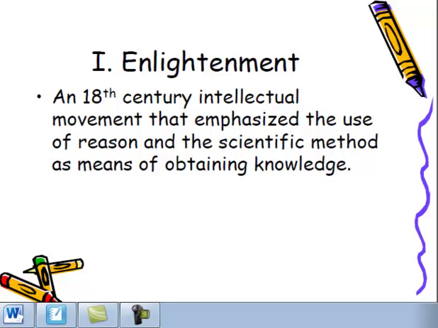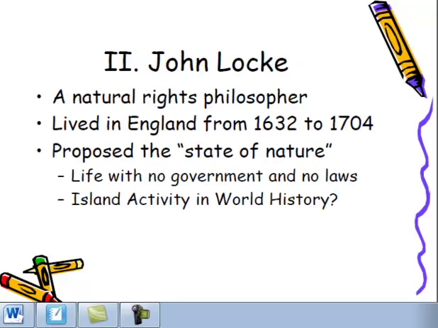Remember the Enlightenment? Do you remember this from world history? Is this review, kind of? The Enlightenment focused on the scientific method, on using logic rather than relating everything to divine intuition, that God did this, and God put the king in power, and we follow that. Instead it was really looking at reason and logic and using science to back it up. John Locke is going to be one of our founding influences in how we created our Constitution.